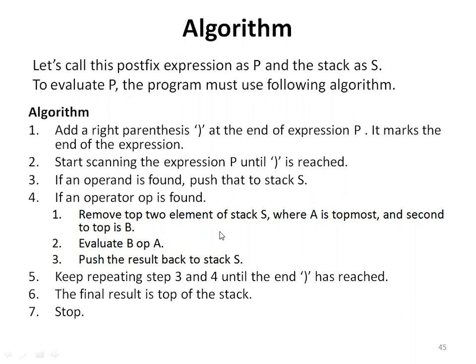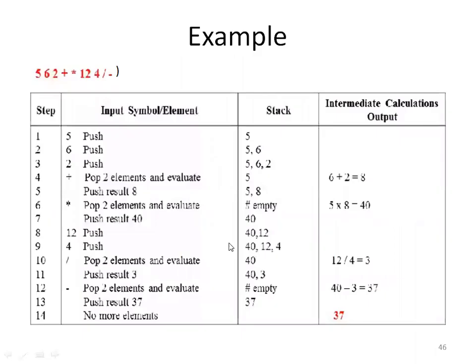Second topmost element, then operator, then first topmost element. So now here in this case, which is the second topmost element? 6. And which is the first topmost element here? 2, sir. 2. So we found this operator plus. So we have to apply what? 6 plus 2. Yes or no? Now see here, 6 plus 2 is done. We get 8. It is the result.